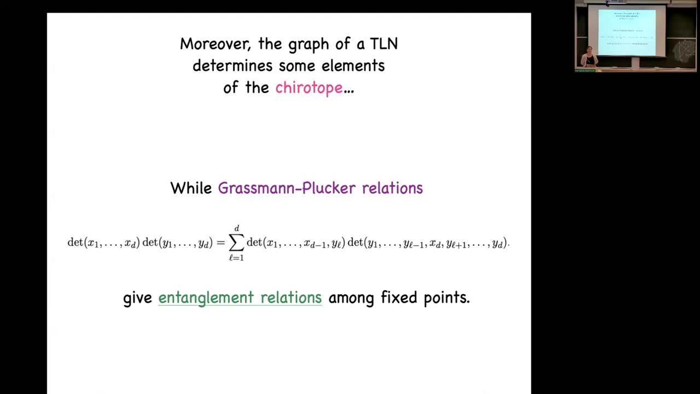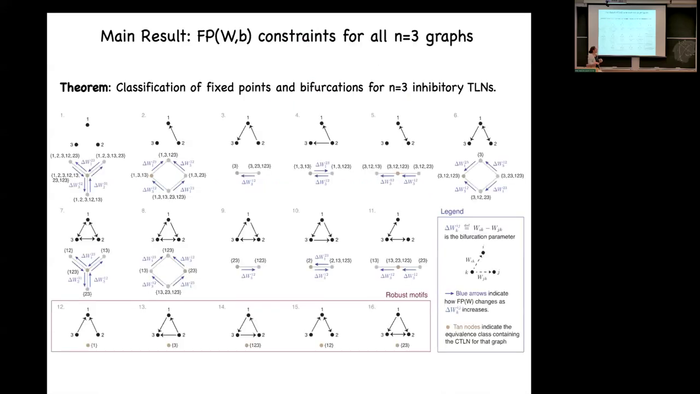And what this means is that you have entanglement relations between these signs, which translates to entanglement between the fixed points. I like to think of the fixed points kind of like particles of my system, and they're entangled. If this fixed point disappears, another one has to disappear or appear. So there are these relationships, and the Grassmann-Plucker relations give you relations between the chirotope elements. And putting all of that machinery together,